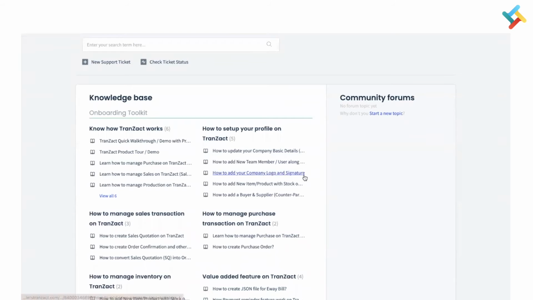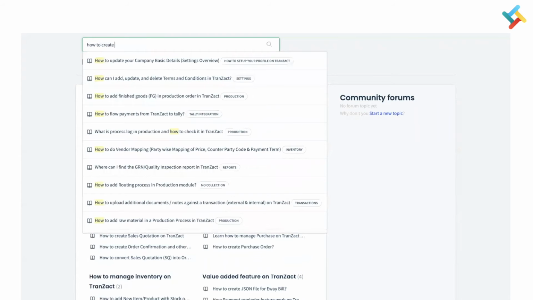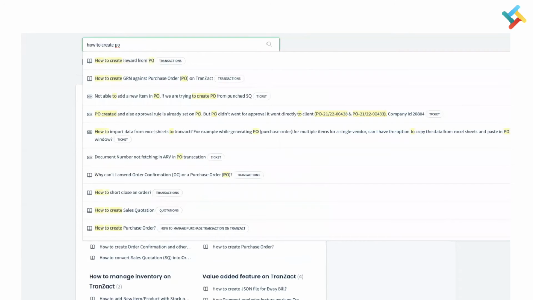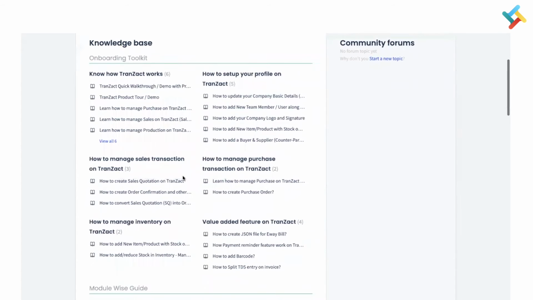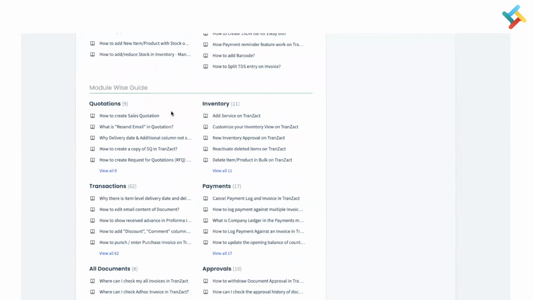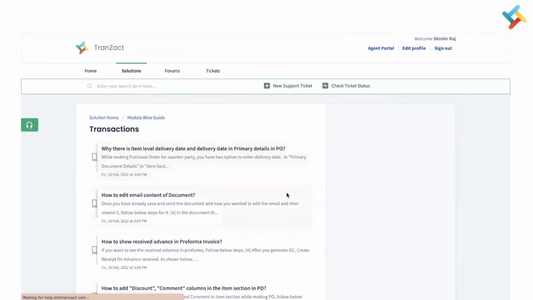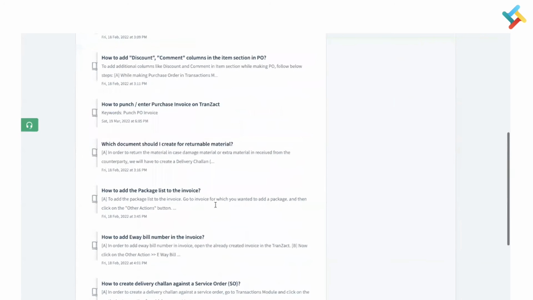and articles. Here you can search for any article or video. Suppose you want to learn how to create a PO, you just need to search "how to create PO." As you can see, "How to create purchase order" came up in the list here. If I go below, you can see that we have provided segments like inventory, transaction, quotation. You can go to this particular transaction module and you can see all the